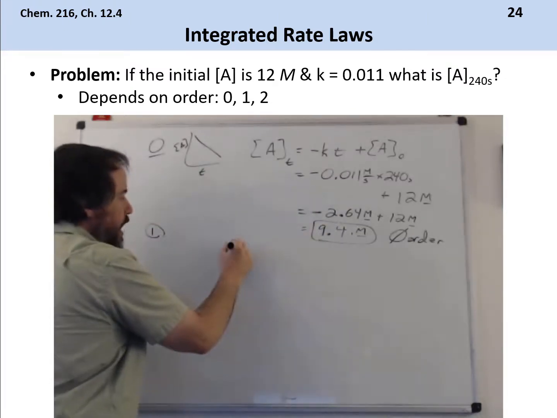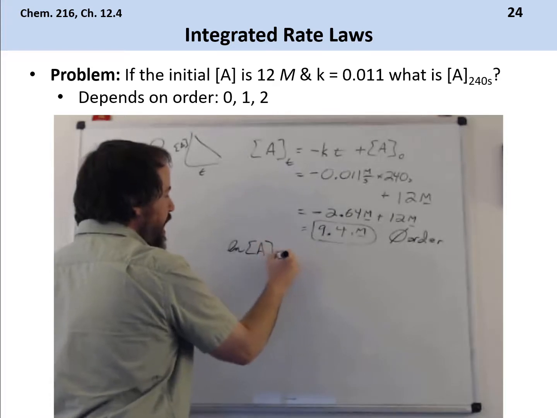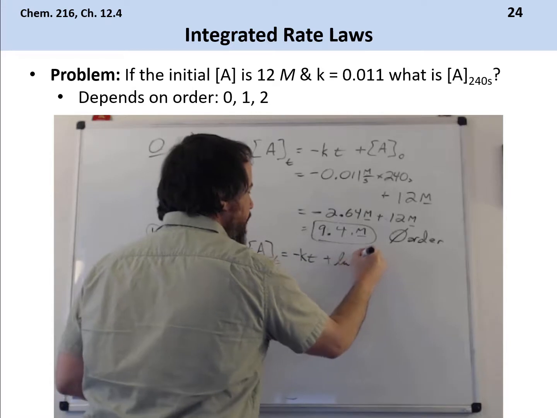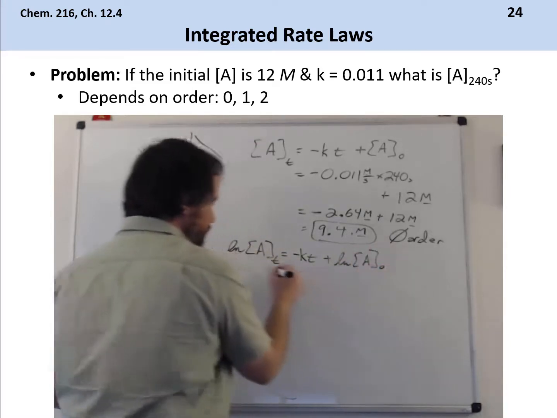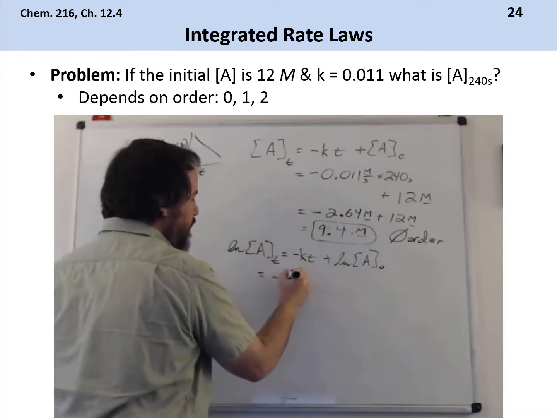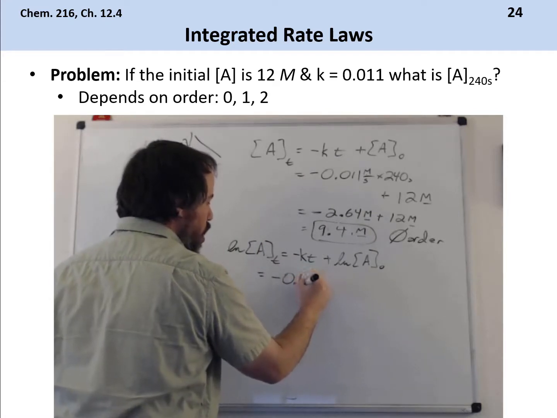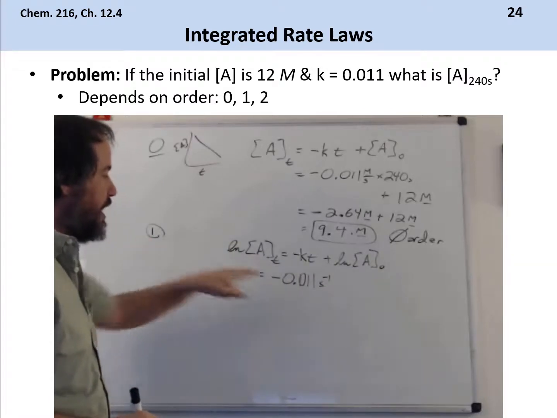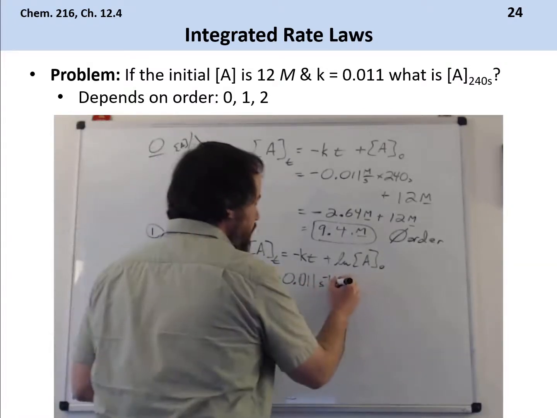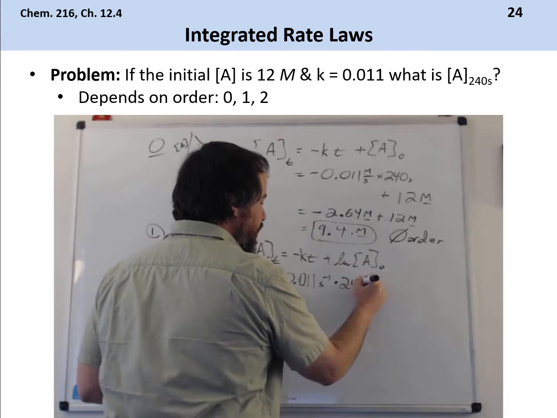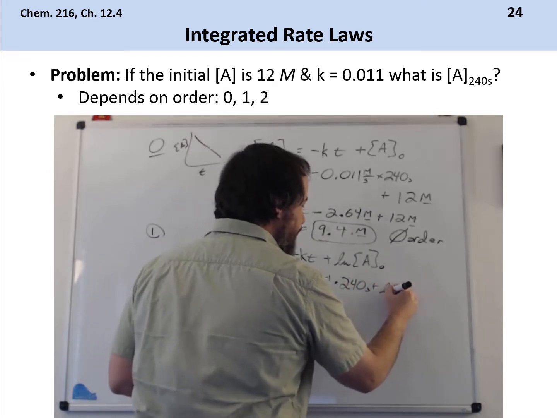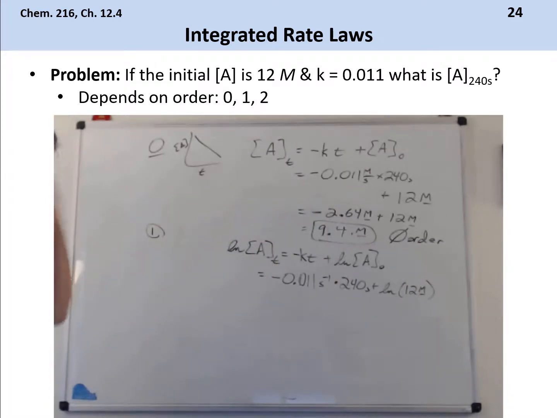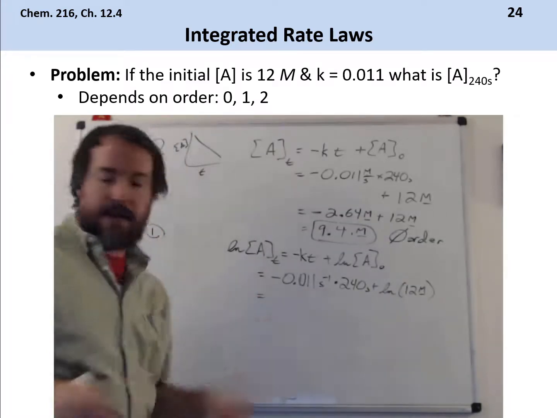Okay, in first order now, it's ln of A at time t equals negative kt plus ln of A naught. This will be negative 0.011. The units for a first order rate constant are second to the minus 1. So I'm going to multiply by 240 seconds and then add in ln of 12 molar. All right, so this ends up getting me